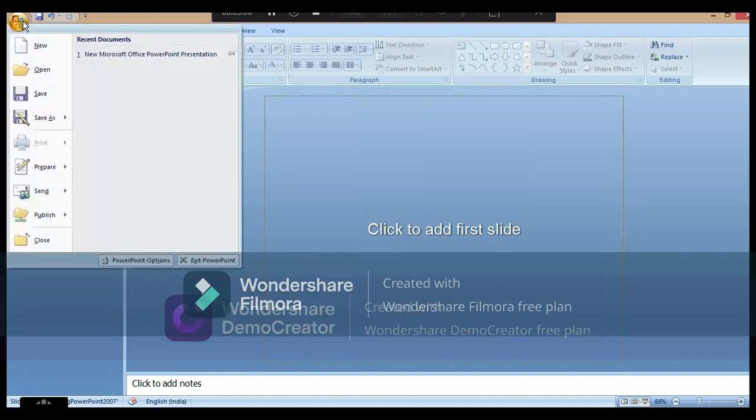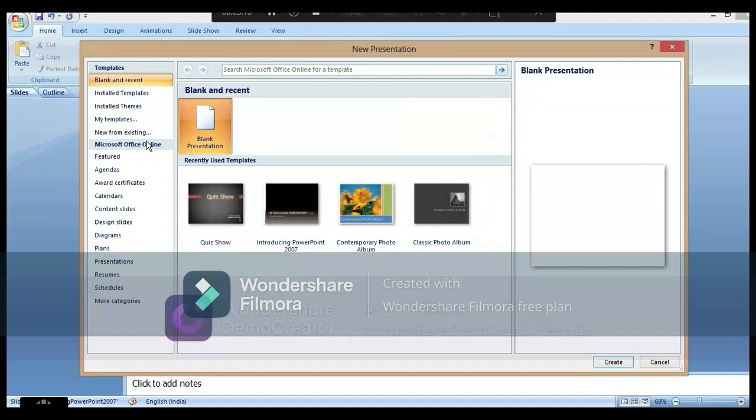Click here, new. Now here is a suggested searches menu. Here is a suggested searches bar.